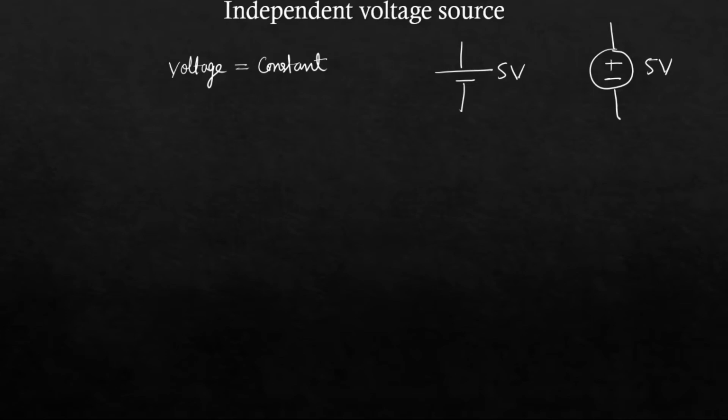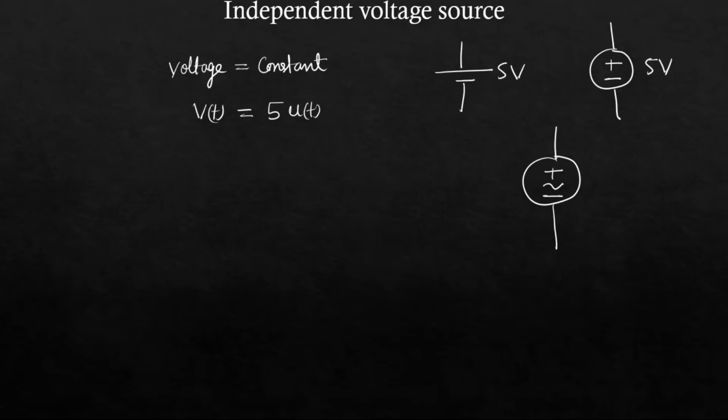An AC source is represented like this: just a wavy curve between positive and negative, which illustrates that it is an AC source. Another form of voltage source can be like this: V(t) equals 5u(t). That is a voltage source applied after t equals 0. u(t) means it is applied after t equals 0. Before t equals 0, this voltage was 0. That is the meaning of 5u(t).